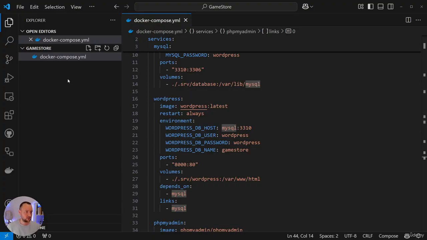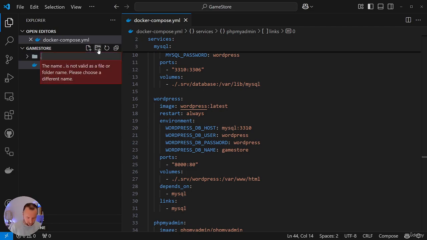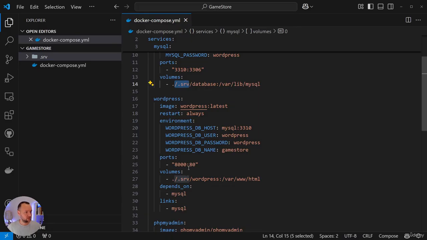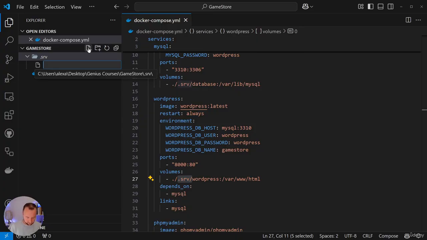Look, guys, here's what I do. I also set my PHP ini file in the volume for my configurations. So here at the root of our project, we need to create this working folder SRB. This folder is where we have the database, where we have the folder with WordPress files. And in this folder, I create a new file with the extension